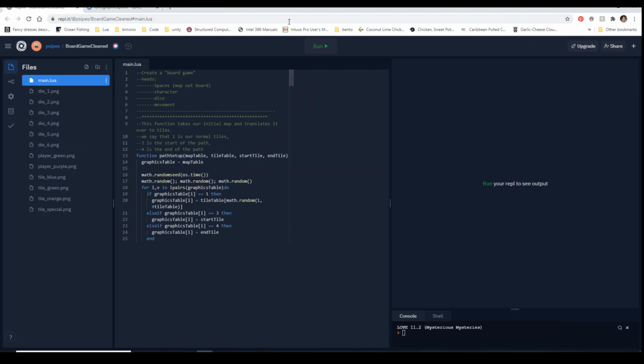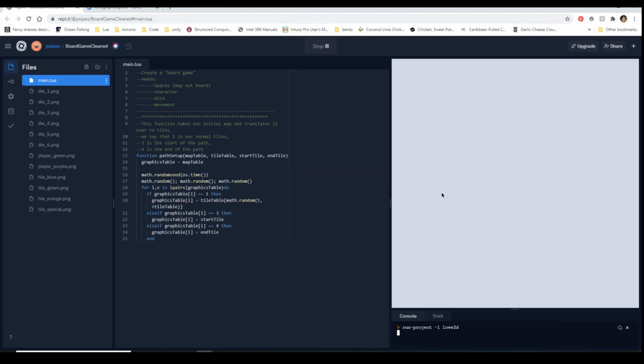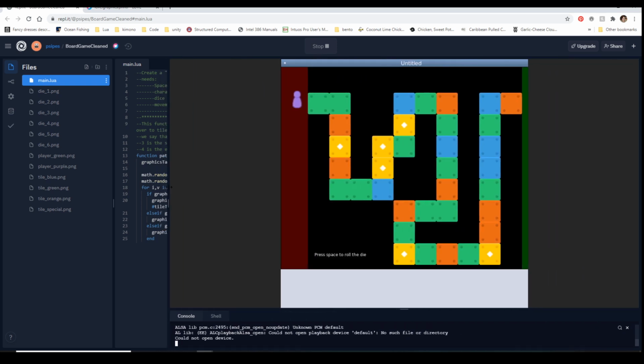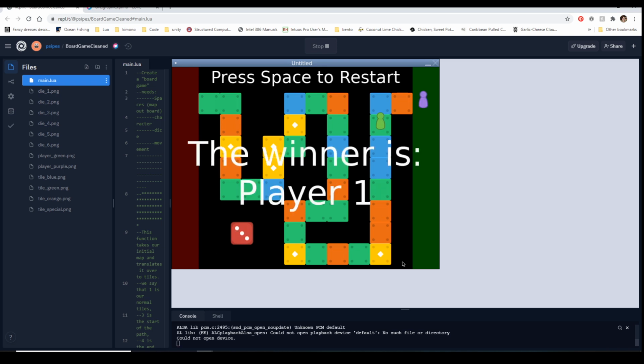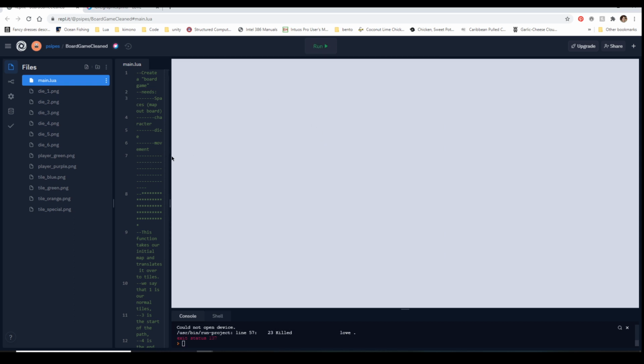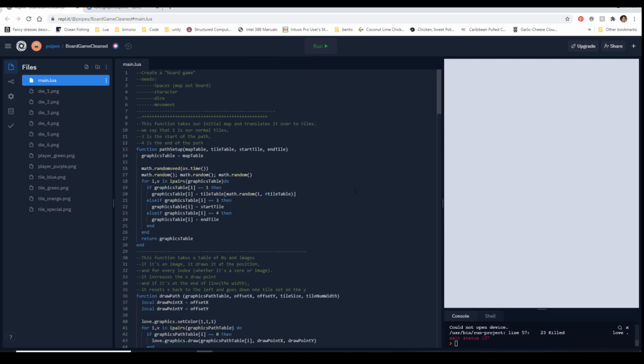And then the board game one is literally exactly like it sounds. It's a board game. Press space to roll the die. Woo, you moved. Woo, you moved. And it's not that fun. You want to add more stuff to it to make it into an actual game, because right now it's just pressing the space bar. You could add in power-ups, cards, or backsies, or whatever you want to do. But it's to give you guys some base ideas of how you can go about different things.